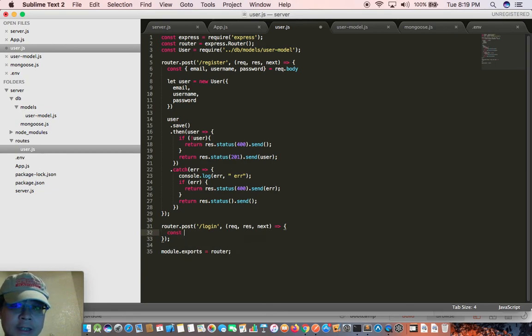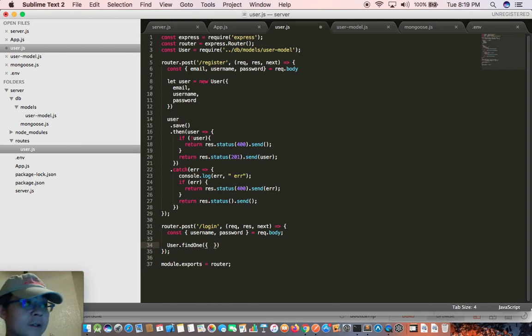So still the same, const email. Well, this time we don't want an email. We just need a username and password to log in. We'll go to req.body and User. We're going to do findOne with the username,